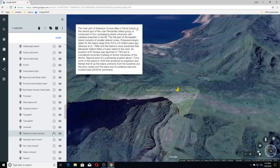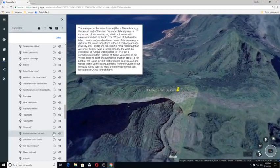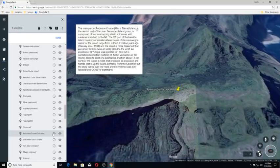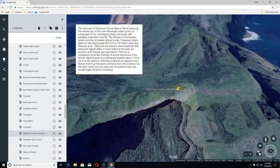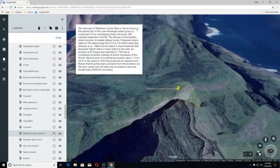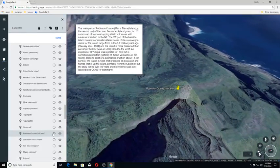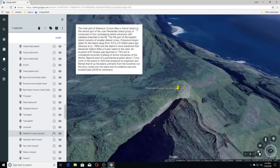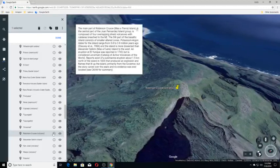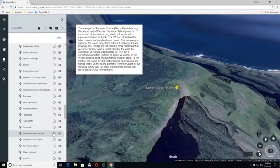The main part of Robinson Crusoe Island, in the central part of the Juan Fernandez Island group, is composed of 4 overlapping shield volcanoes with calderas breached to the northeast. The southwest part of the basaltic island consists of smaller altered cones. Potassium argon dates for the island range from 5.8 to 3.8 million years ago, and the island is more dissected